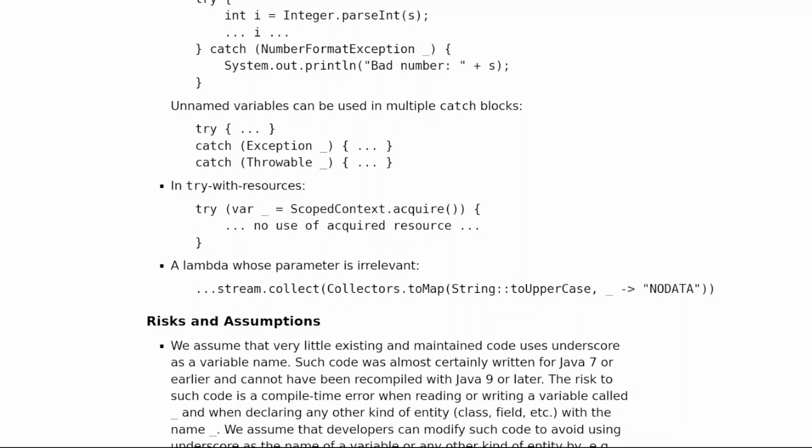4. In try-with-resources. try (var _ = ScopedContext.acquire()) { ... no use of acquired resource ... } 5. A lambda whose parameter is irrelevant. ... stream.collect(Collectors.toMap(String::toUpperCase, _ -> "NODATA"))